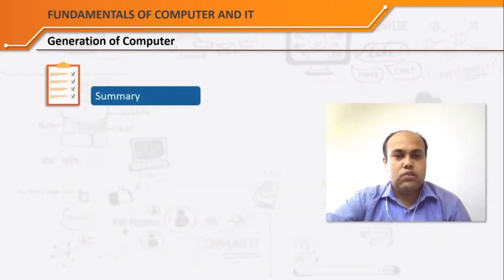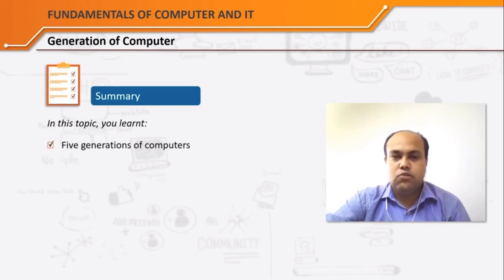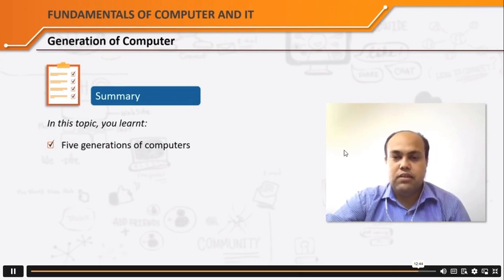Now to summarize what we have studied in the generations of computers, we can say that in this topic you learned the first computers used vacuum tubes for circuitry and magnetic drums for memory and were often enormous, taking up an entire room. Transistors replaced vacuum tubes and ushered in the second generation of computers. The development of the integrated circuit was the hallmark of the third generation computers. The microprocessor brought the fourth generation of computers as thousands of